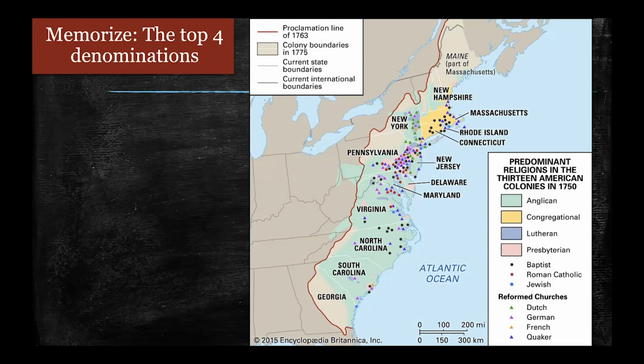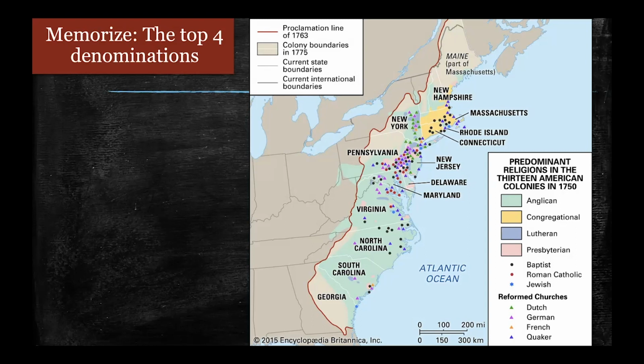Congregational up in Massachusetts, Rhode Island, Connecticut. This is the denomination of the Pilgrims and Puritans. The Lutheran Church in light purple. This is the church started by Martin Luther, who was a Catholic monk to begin with, a German Catholic monk, who saw great evils that he perceived in the Catholic Church and reformed the church in Germany that became the Lutheran Church, its own denomination, and broke away from the Catholic Church.